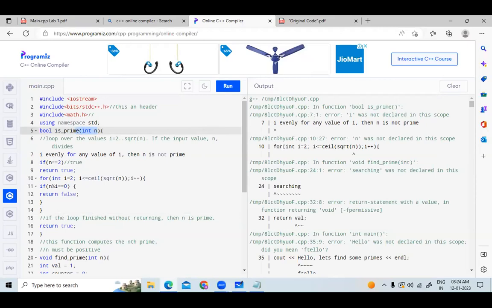Now next to that, it's showing an n. What is it showing? n was not declared in the scope, right? It was telling us n is not declared, so we have declared it as int n. Got it? Okay. Now next to that, you are clear up to this line number 11. I will clear it out for you, right? So done up to here. So next to that,